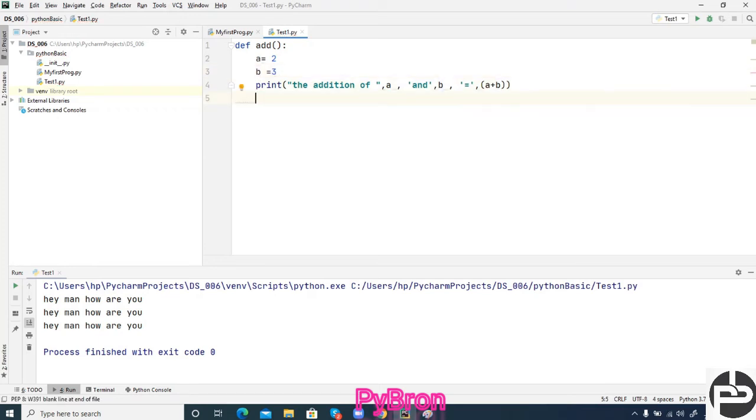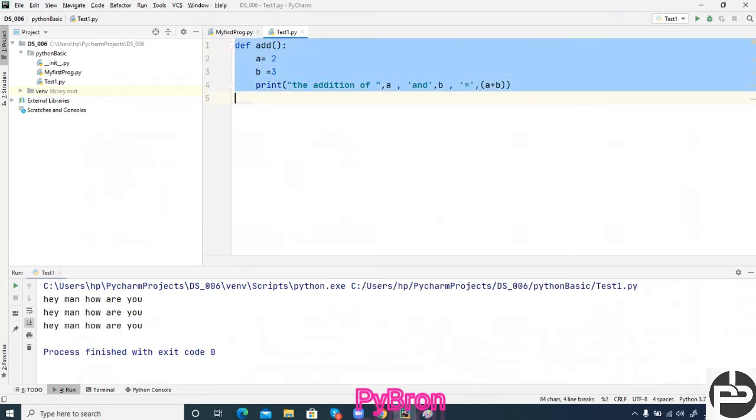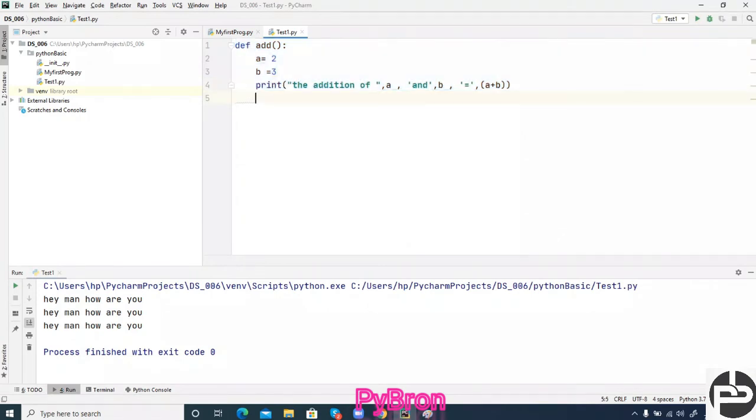Fine. Similarly, I am going to make a method for subtraction also. Control V, and instead of add I am giving subtraction. Instead of writing the addition, it should be subtraction of a and b, and it should be minus.